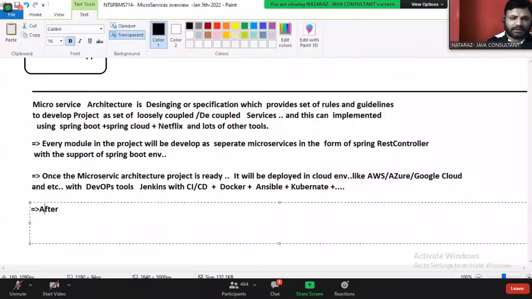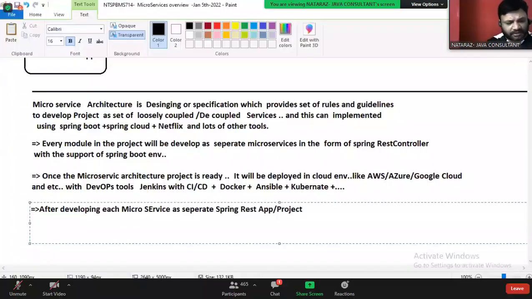After developing each microservice as a separate Spring REST application or project, okay, it must be published. What, guys?